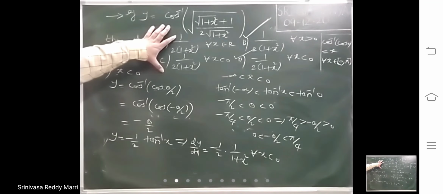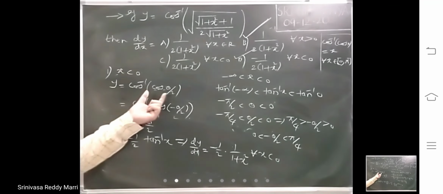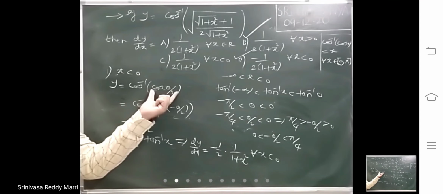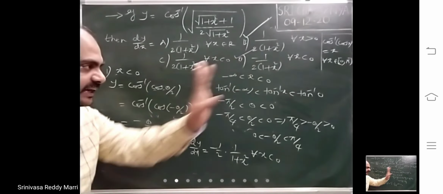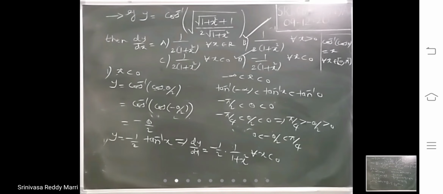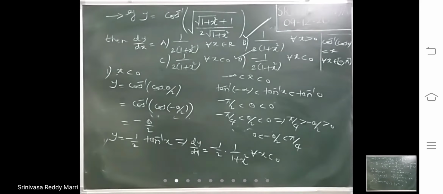Especially when more than one correct answer is asked, you have to analyze this way. For single correct, in 99.9% of cases, whenever you get cos inverse cos theta by 2, you directly take theta by 2. From the mains point of view, he will directly give you the question like that, and you directly write theta by 2. But if x greater than 0, less than 0 like that, with more than one correct answer, you analyze in this manner.